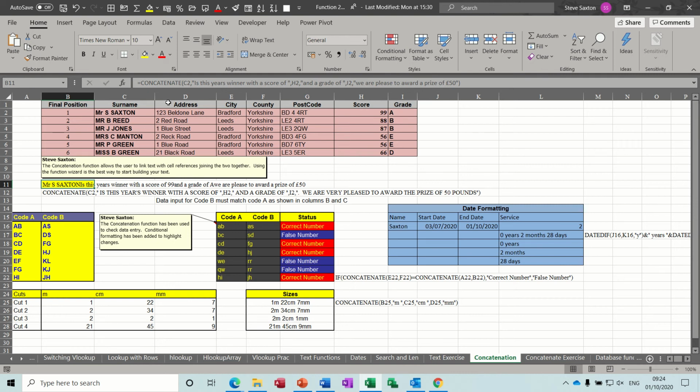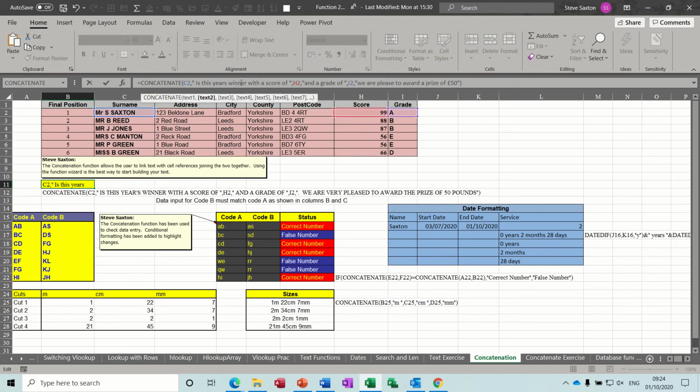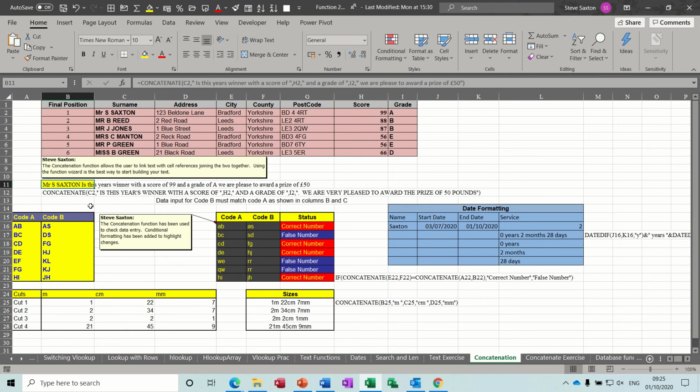So I now need to go up the top here and put some spaces in. So I need a space in front, and I need a space in front of that one and in front of that one. And if I just tick that, let's have a look. Is this year's winner with a score of 99 and a grade of A. That looks okay. And then to link that to a shape, I can just go insert shapes